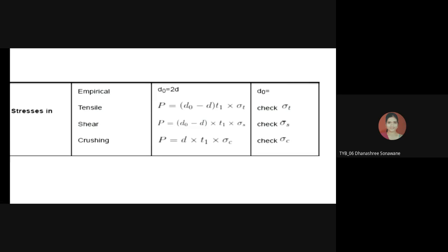Okay, very good. We are just going to check whether that design is safe or not, because in this formula all the parameters have been calculated already. P value is known, DO is known, D is known, T1 is known, sigma T is known. Okay. For this, we are just going to use that criteria to check whether